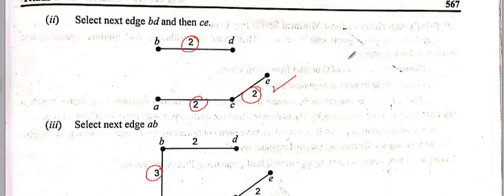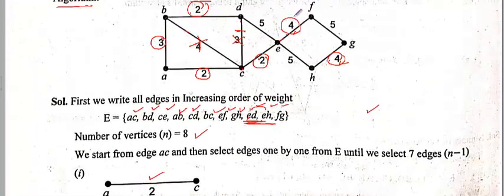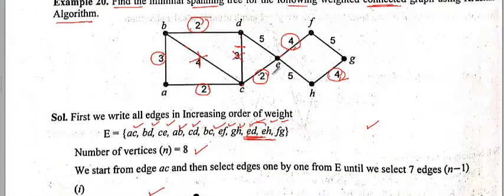So next, see, what is the next? You have taken all this, I have circled all that. So how many edges you have covered? 1, 2, 3, 4, 5, 6. So one thing you have to visit all the vertices, and the number of edges you have to visit is n minus 1. So 1 is still left. So you have 5 here also and 5 here also.